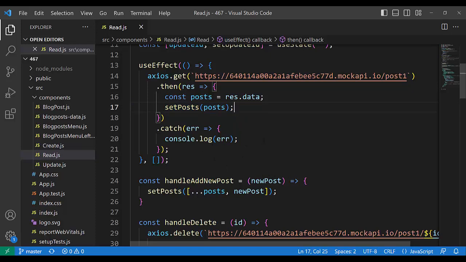If there is some other change of state, it will not cause rendering of Read. Read is rendered only once, with useEffect, and we have